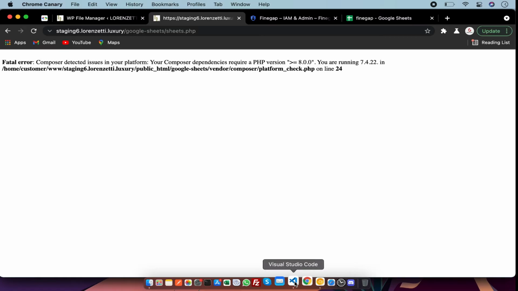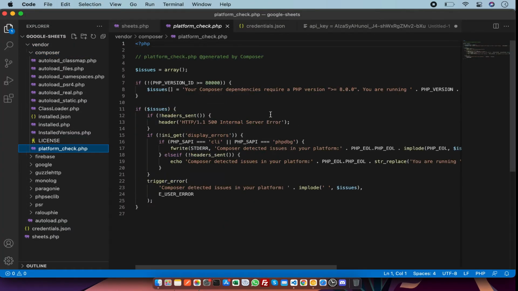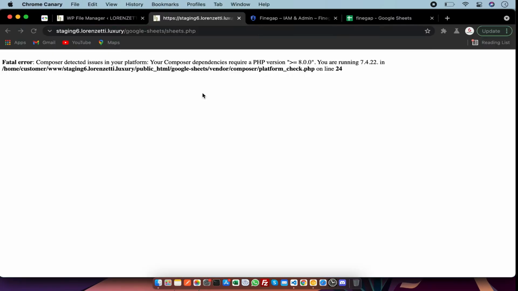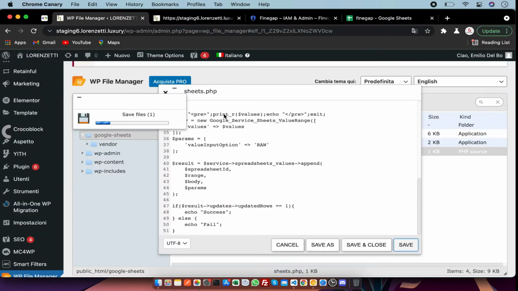So I am going to fix this error, in the platform_check.php file. So this error is coming from this line, and upload my code.